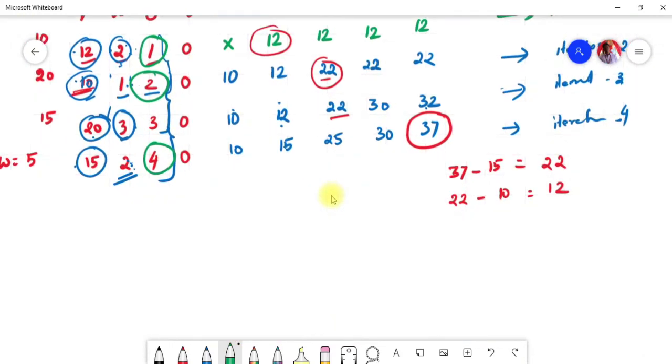So the final solution is, if you choose the set 1, 2, 4, you will get the maximum optimal solution. You can consider this set as an optimal subset. The maximum value is going to be 37. You can check it over here: 12 plus 10 plus 15 is of course 37, right? So that's how we are going to solve the problem.